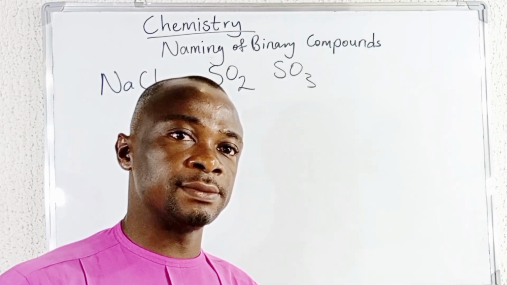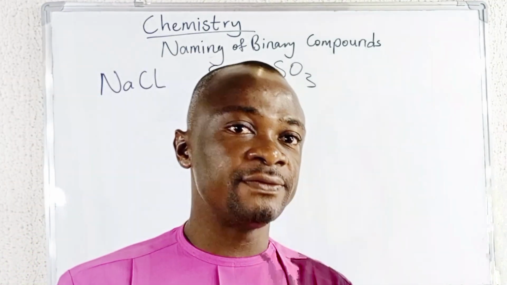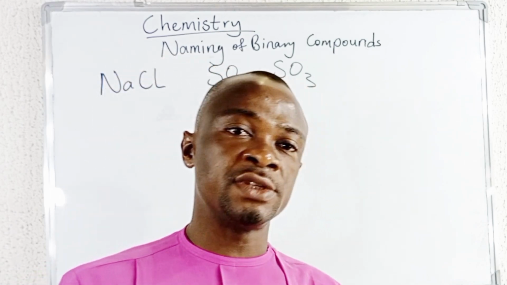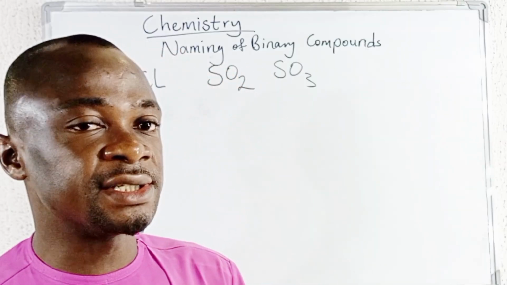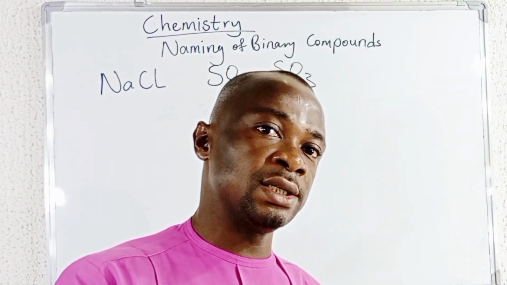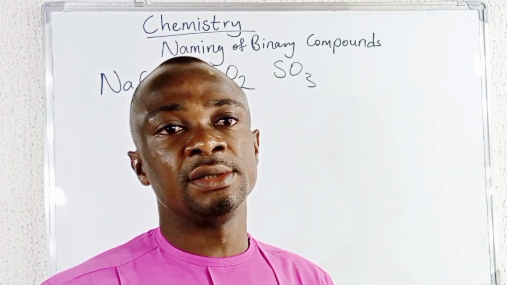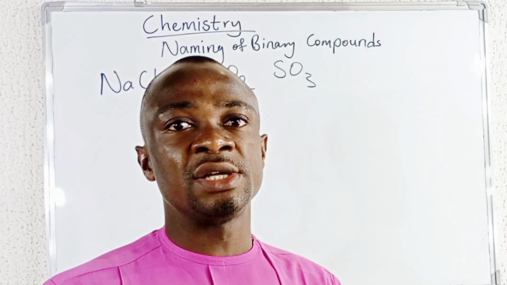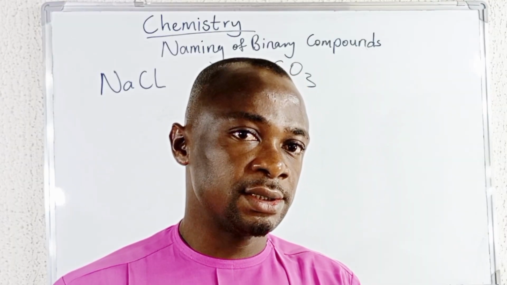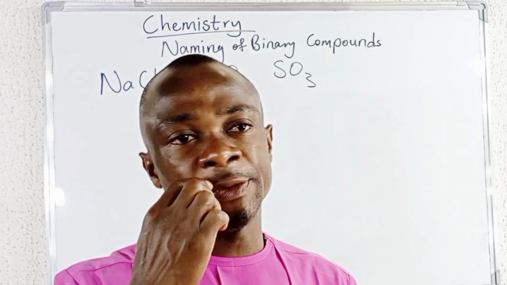Rule number one is you are to name the most electropositive element first. Electropositivity has to do with the tendency to lose electrons. The more metallic that element is, the higher the electropositivity. So it's just a way of saying that you name the most metallic part first. Now, naming the metallic part